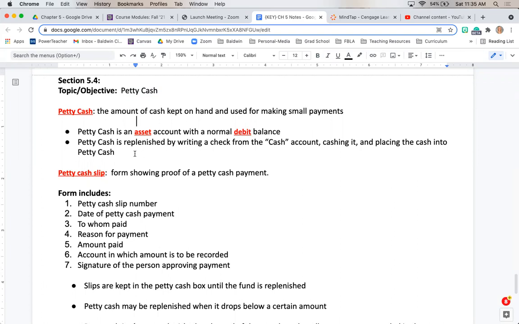And we're going to start with an amount in the petty cash fund each month. And then whatever we use throughout that month, we'll go back and charge to the certain expense accounts that it should have been charged to all along, but maybe we just didn't have time to deal with it at that moment. So if we use our petty cash fund, we normally take the cash out. We write on what's called a petty cash slip, saying what it was for, where it should be charged to